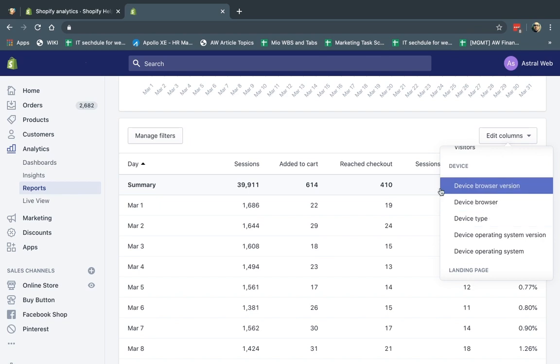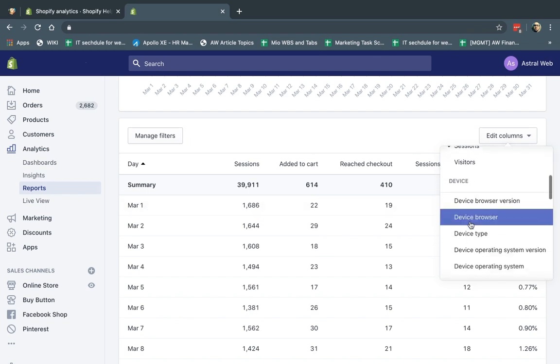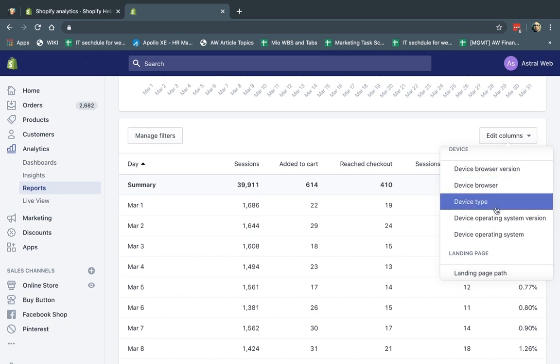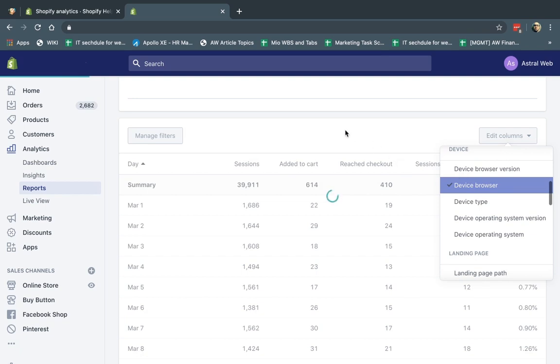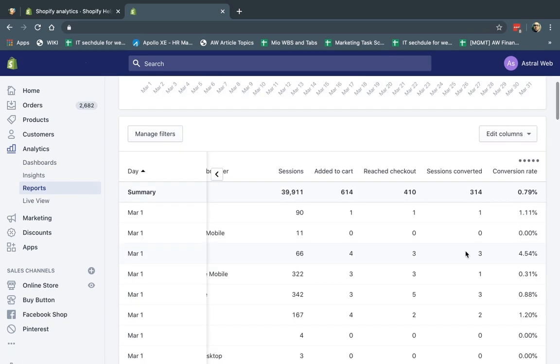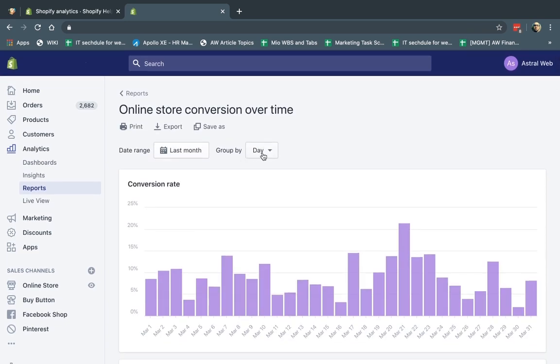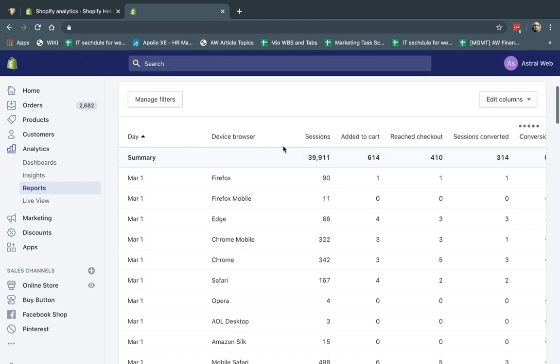So for example, let's say I want to view the data based on, let's see here, the browser type. Okay. So if I click here, it's going to add another column, and I can add as many as I want right here, excuse me. So I added it. If you remember, before I was on group by day. And now, obviously, instead of having one day at a time, it actually changed my dates to more because every day I have many different browsers. So you can see how the data goes.